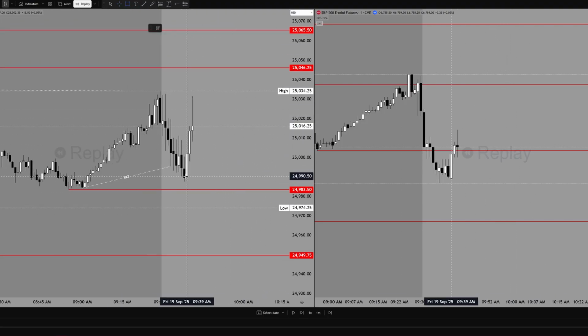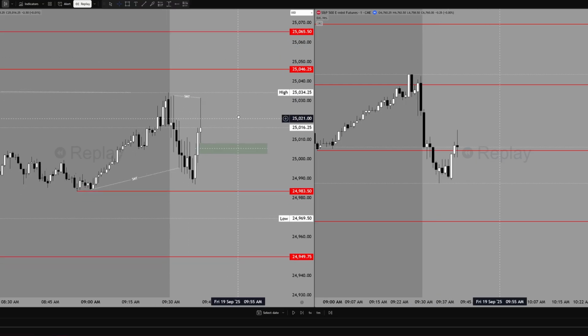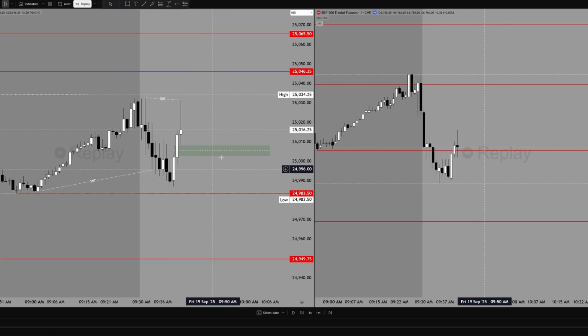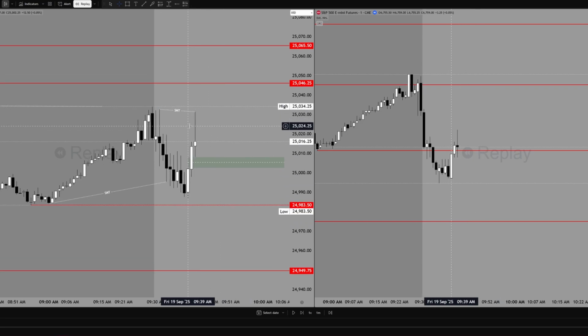Okay. We didn't even take the draw, so I could have had this full move in there. Now we have this BISI right here, and we do take out some of these highs. We still do have this high, so this is also bearish SMT. So next candle, I want to see a close bearish, and then rebalance, and then take draws lower. But it would have been better if we took out this high, to be honest.